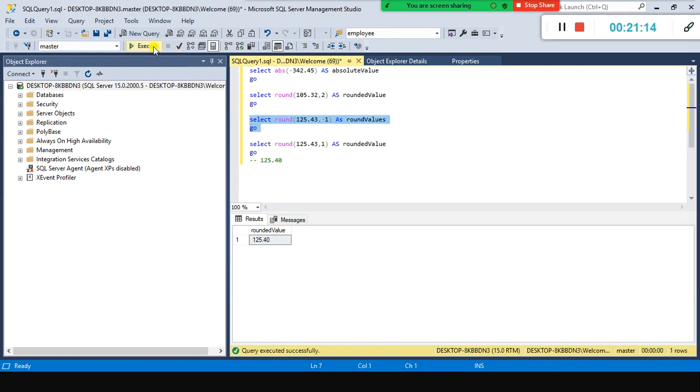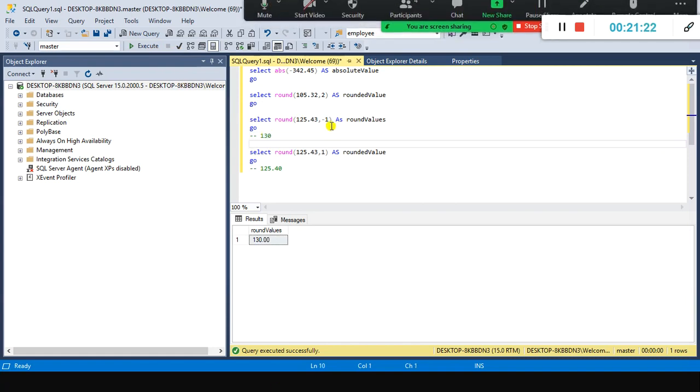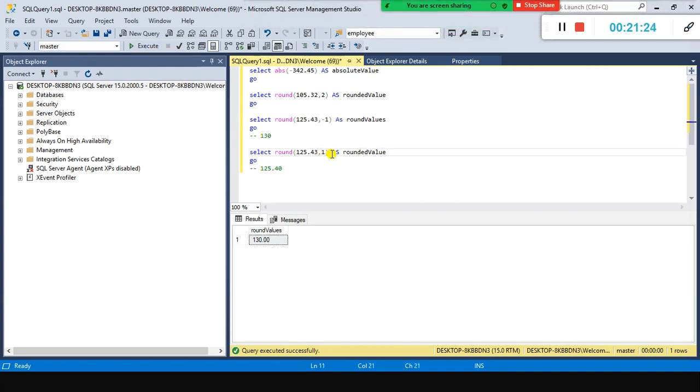I am going to just execute this one. So here I get 130 here. So here I have used -1, and here I have used 1 here. So what is the difference here? So what happens is, in this case, okay, and we will do one thing. I just use another one, right? So let me do, so okay, I'll take one more query in order to compare this one.